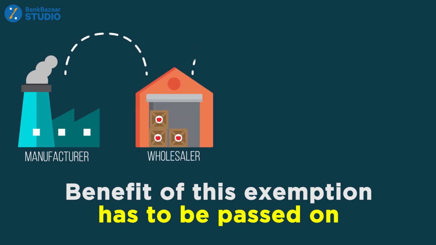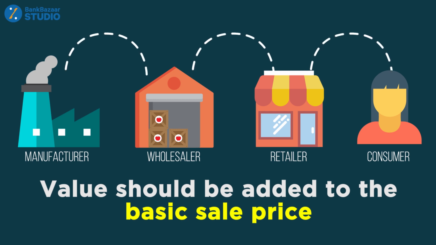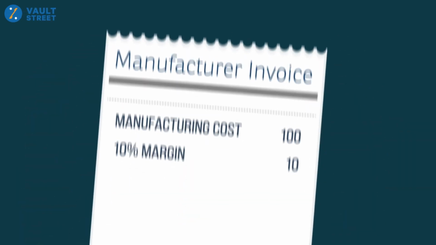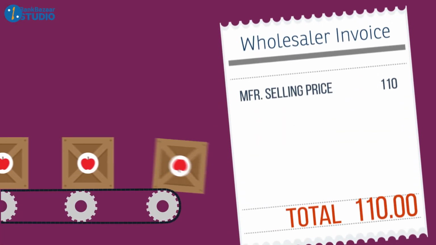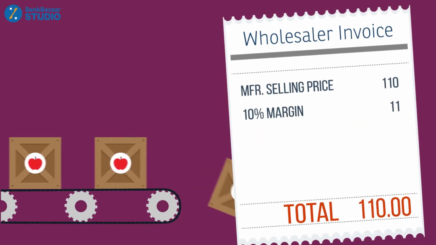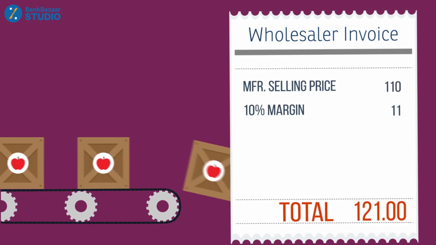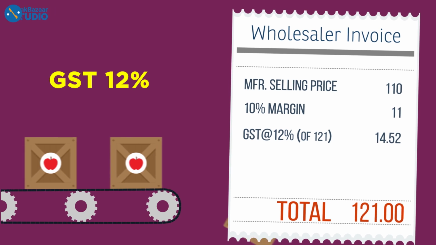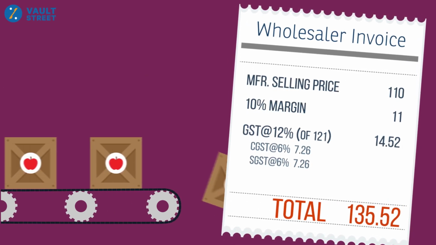Now, according to a government directive, the benefit of this exemption has to be passed on to the next customer. And so, the value the wholesaler adds should be attached to the manufacturer's basic sale price, which, as you remember, is 110 rupees. Now let's make the wholesaler's invoice. Adding 10% margin to the manufacturer's selling price takes the wholesaler's basic sale price to 121 rupees. The GST of 12% is added to this amount, which gives us our final total of 135 rupees and 52